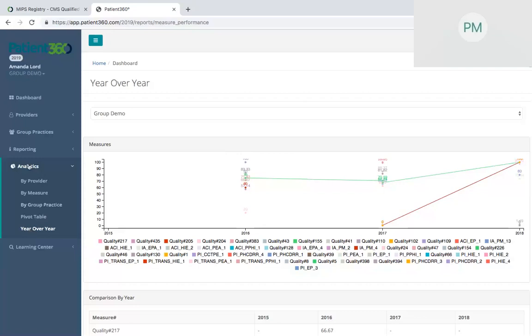So these are analytics that you're definitely going to want to use as you progress through the program and throughout the year in real time, along with the scoring engine for those MIPS 360 clients. It's a really important thing to consider. And then, of course,